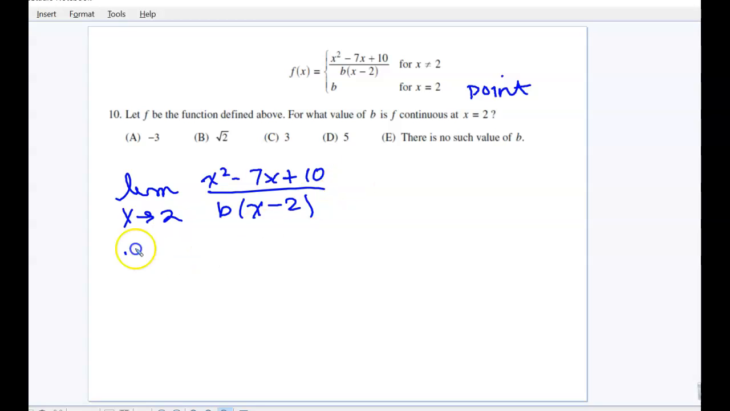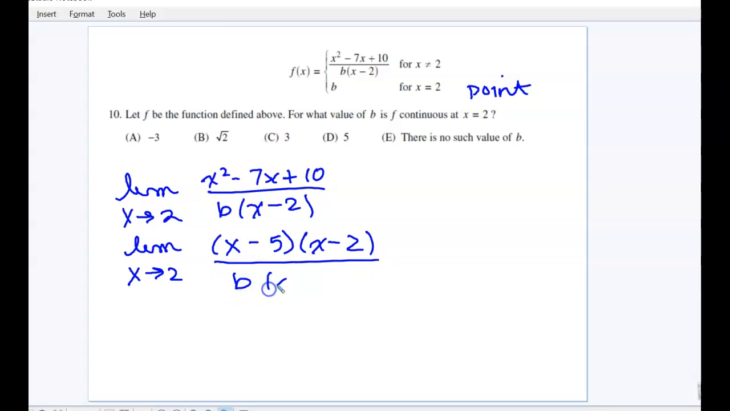So again, I could factor the top, and the top will factor into (x minus 5)(x minus 2) over b times (x minus 2). So again, at 2, I do get a restriction, and 2 would be a hole because the factor of x minus 2 cancels out. So now I need to calculate the limit as x approaches 2 of